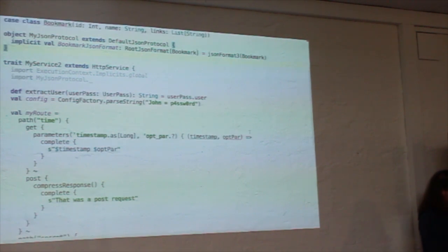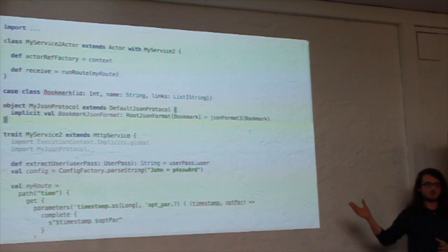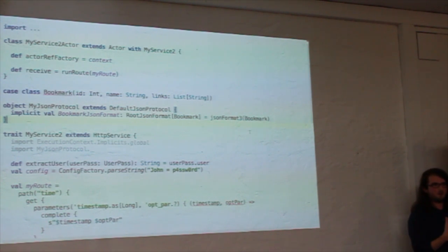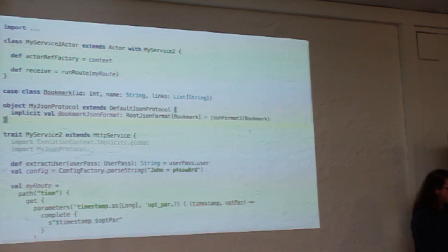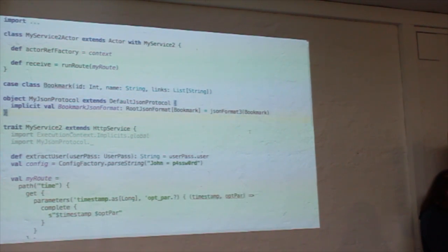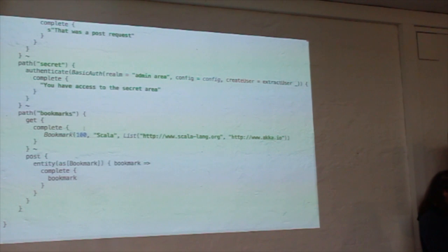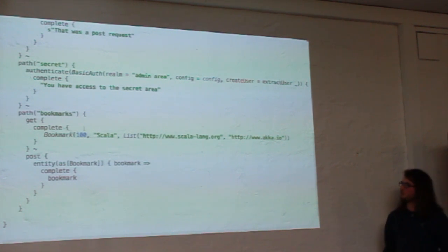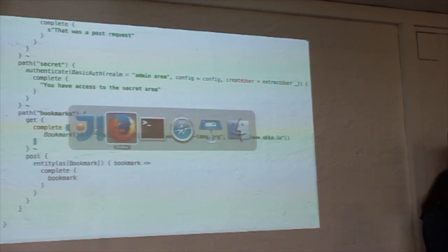And you can also provide your own unmarshaller. This is just the basic stuff they implemented for all types you would normally encounter, like int, string, or whatever, but you can provide marshallers for your own stuff if you want something different that doesn't fit the general use case. So you have that, it's implicit. And if it completes the request just with the new object, it automatically gets marshaled into JSON.